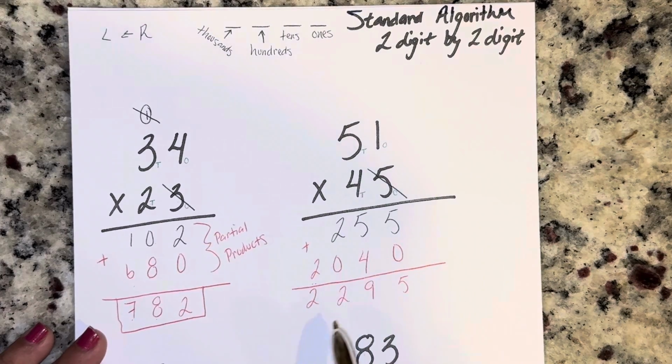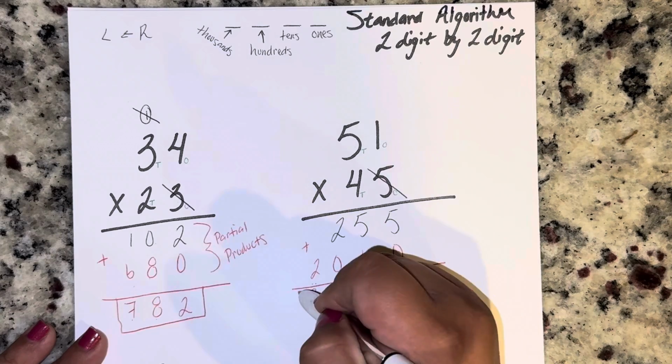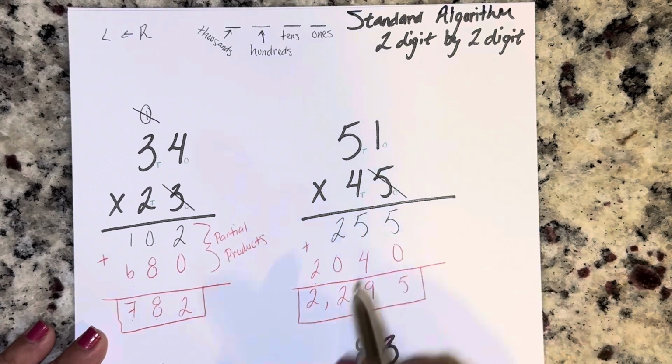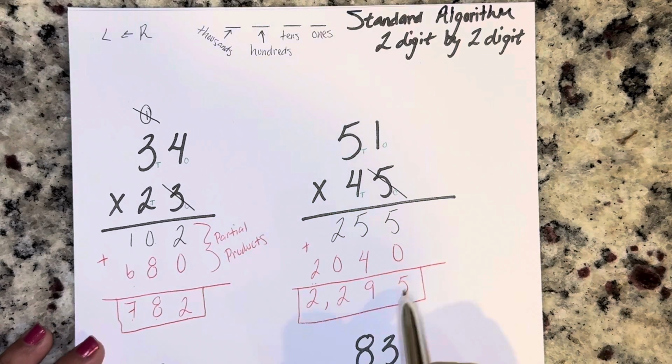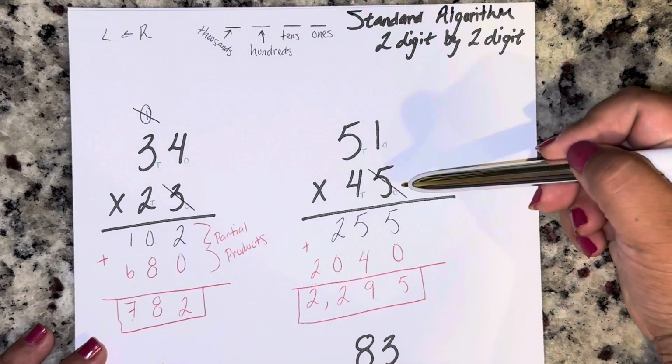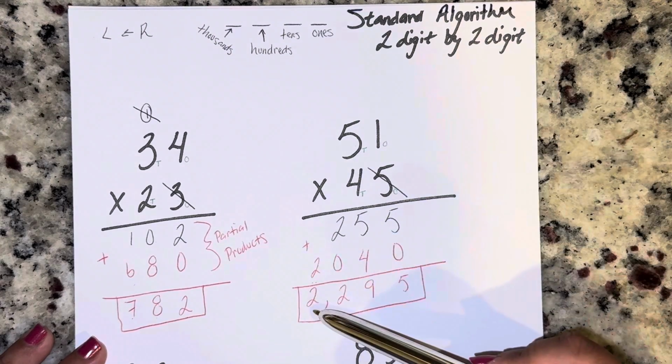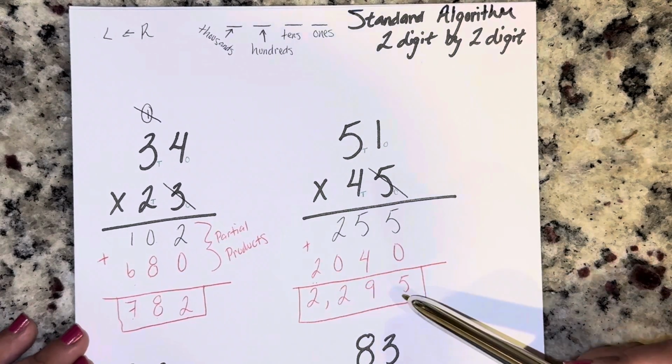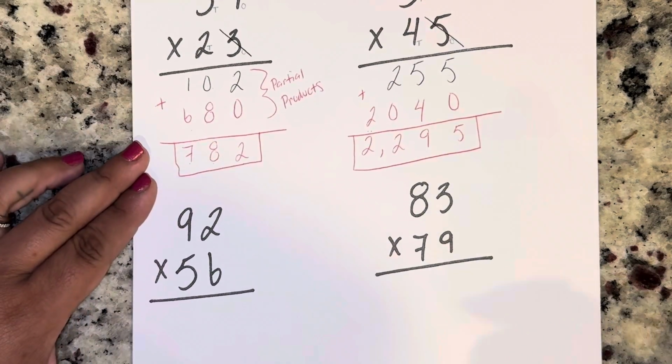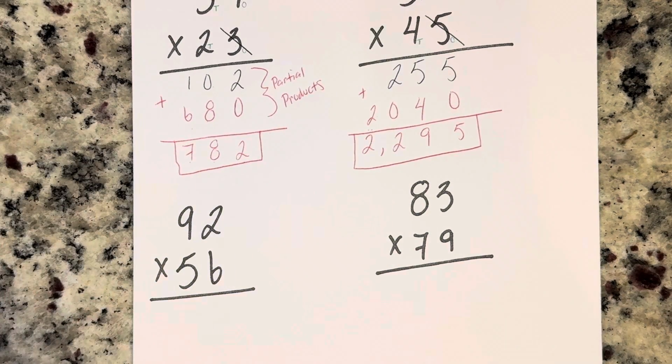Now I have my product of 2,295. We do need to add our comma to indicate the thousands. So I go 1, 2, 3, comma. My product is 2,295. So 51 times 45 equals 2,295. If we continue, we have 92 times 56, and you'll notice I did not indicate which ones are in